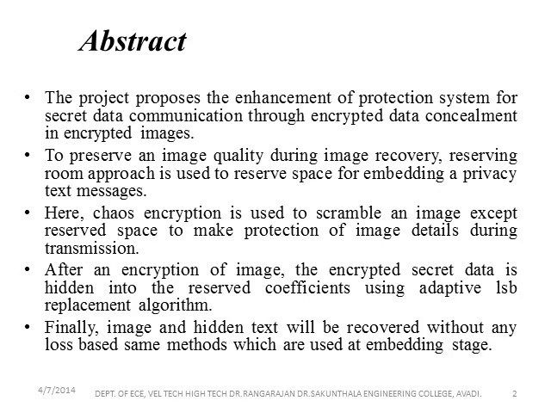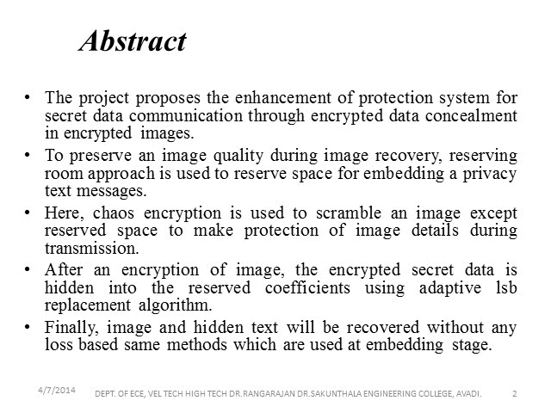This project proposes the enhancement of a protection system for secret data communication through encrypted data concealment in encrypted images. To preserve image quality during image recovery, a reserving room approach is used to reserve space for embedding privacy text messages. Here, chaos encryption is used to scramble an image except the reserved space to protect image details during transmission. After encryption of the image, the encrypted secret data is hidden into the reserved coefficients using the adaptive LSB